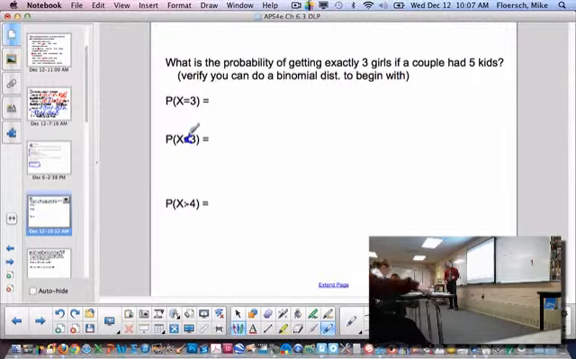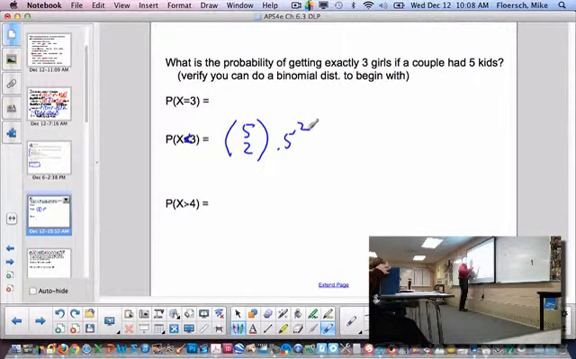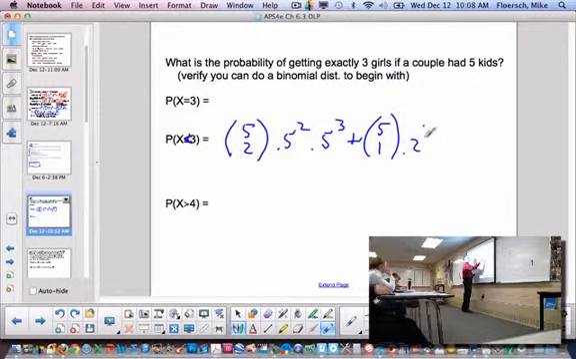2, 1, or 0. Not 3, 2, 1, or 0, because it's less than 3. It's just 2, 1, or 0. So I've got to do 5 choose 2 times the probability of success 2 times, probability of failure 3 times, or 5 choose 1, succeeded once, failed, oops, my bad,